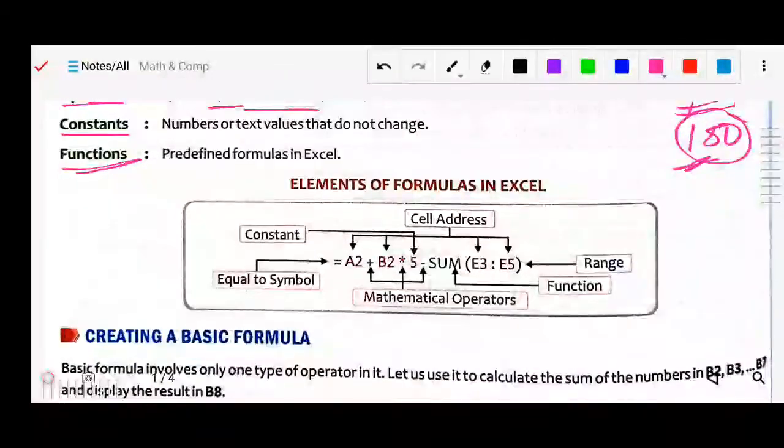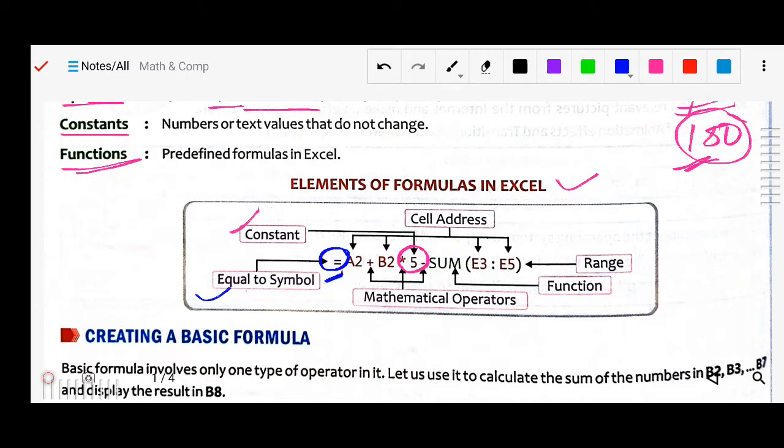Elements of formulas in Excel: like the constant, as I told you, this 5 is the constant for all. This formula where you apply this, 5 will be the constant. Next you can see the equal to sign. Any formula must begin with the equal sign, this is the essential part.